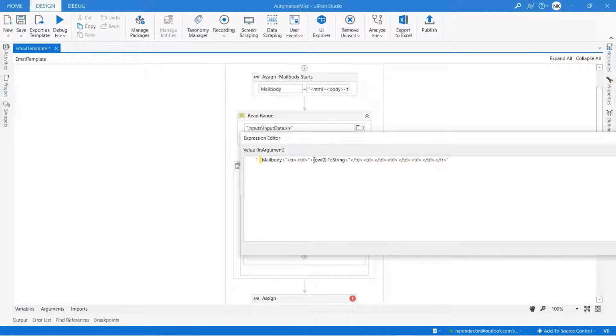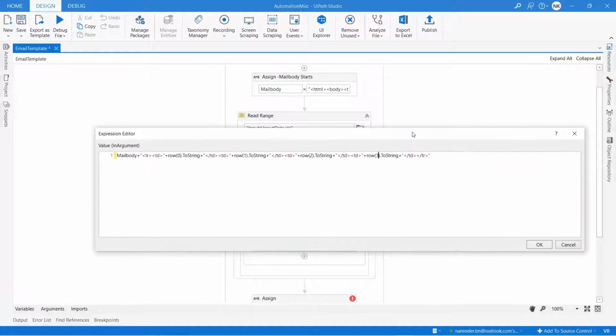Okay, so we have the data here for column 1. This is for the next column. So what we can do is copy from here and then paste it here. Just change the index of the column. Fine. Paste here, change the index, and then again paste here, change the index to 3. Perfect. So we have those values added here, and we have our